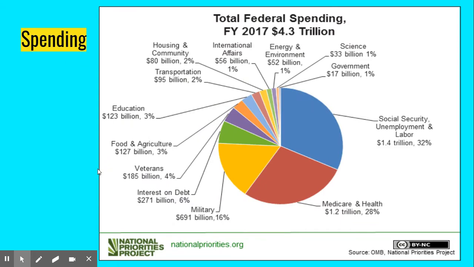And then, of course, that money is spent through implementation of the policy. Here's the breakdown of the 2017 federal budget and how the money was spent. So you can see that, for instance, Social Security, and this would be considered mandatory spending, takes up the largest chunk of our federal budget right now. Second, coming in with Medicare. So that's a lot of the pie right there. Those two are mandatory spending.